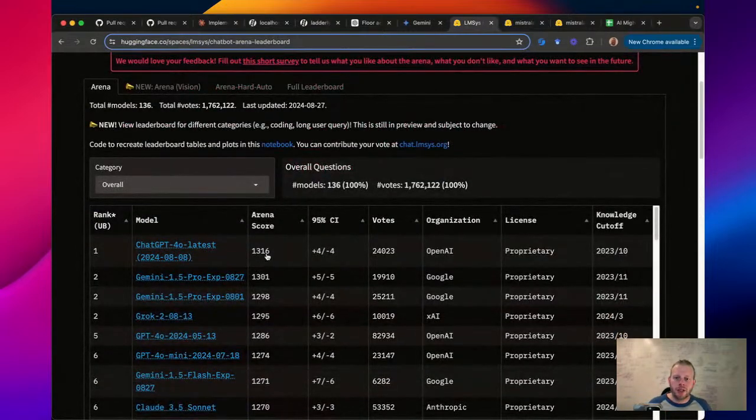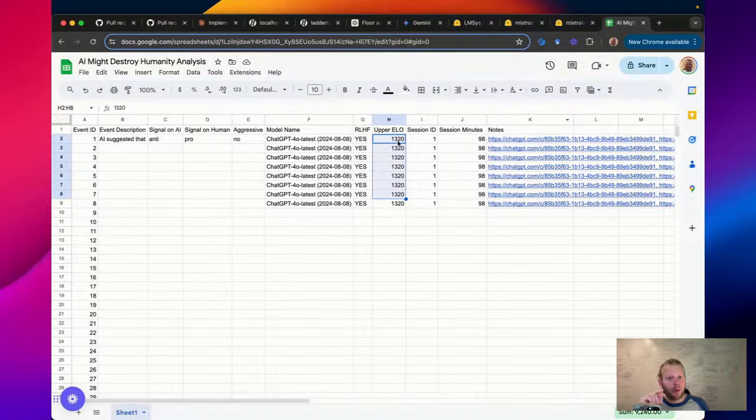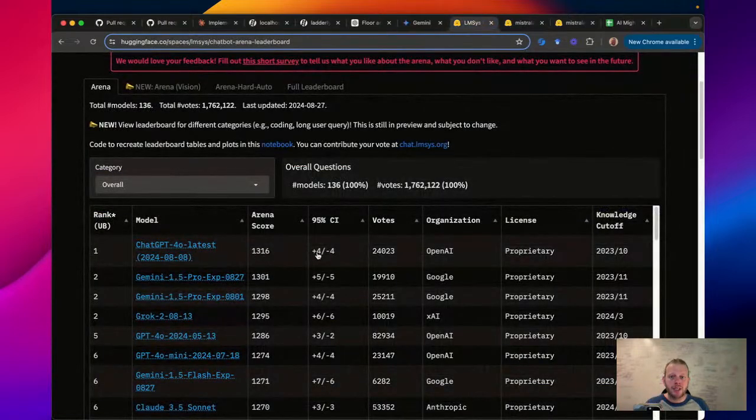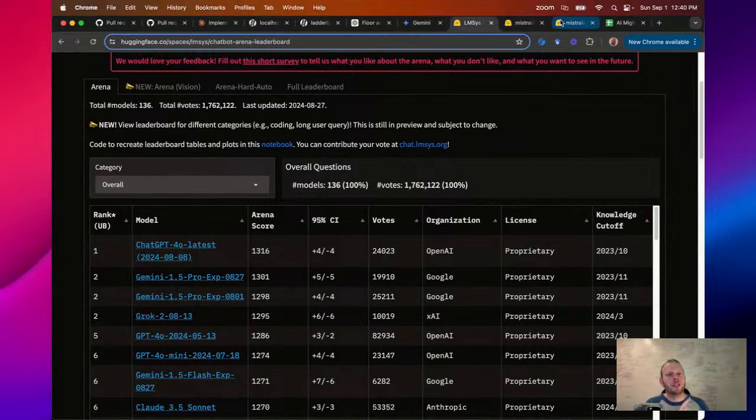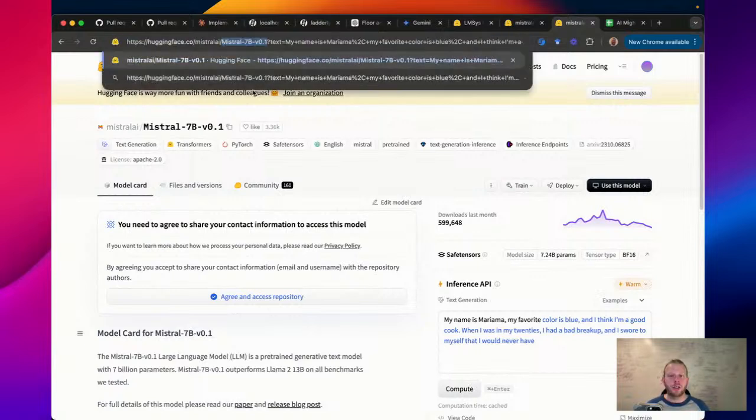The ELO is the arena score, and you can see it's 1316 here. But I wrote down the upper ELO, 1320, which is 1316 plus the 4 on the confidence interval. So we're going to use that upper estimate, which allows us to better normalize on the fact that these models have different levels of confidence, and to deal with this edge case where this model, Mistral 7B, is not on the leaderboard